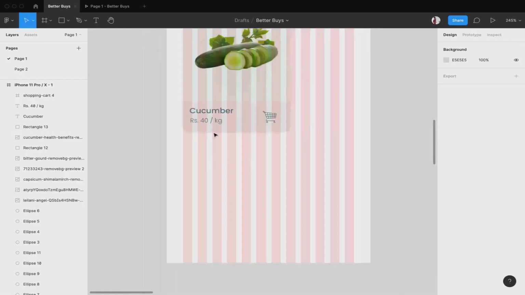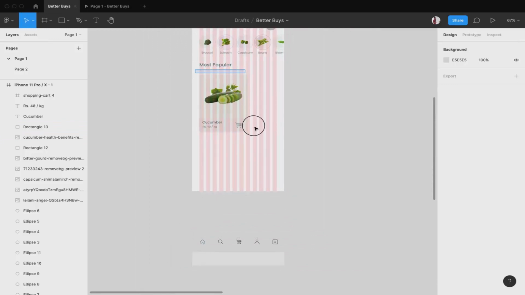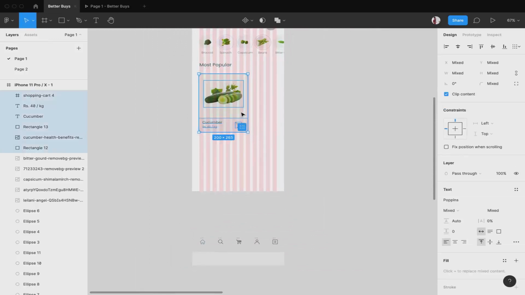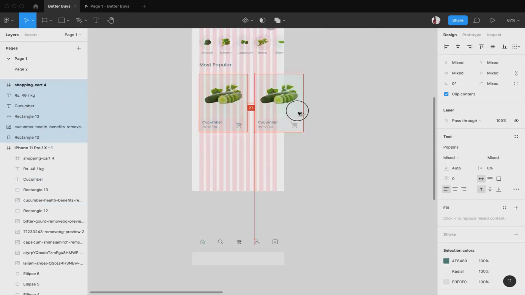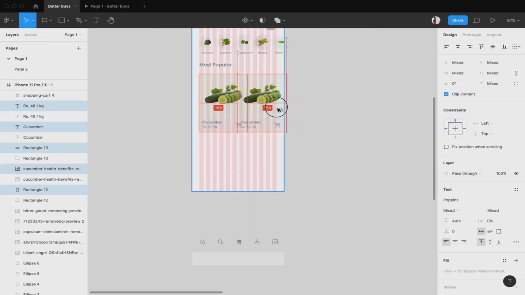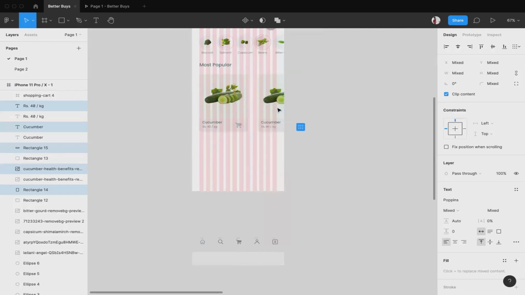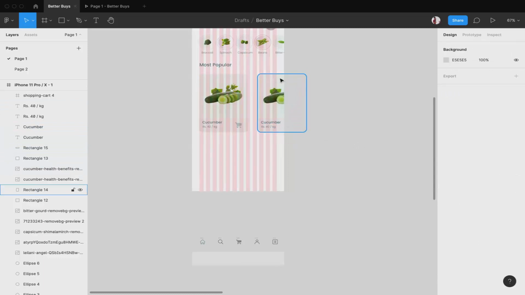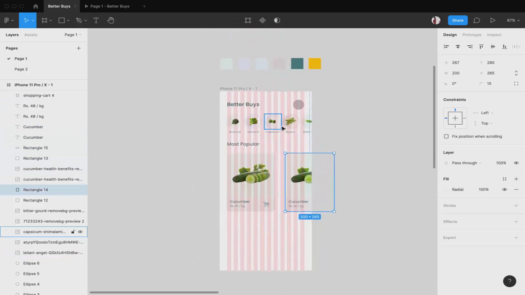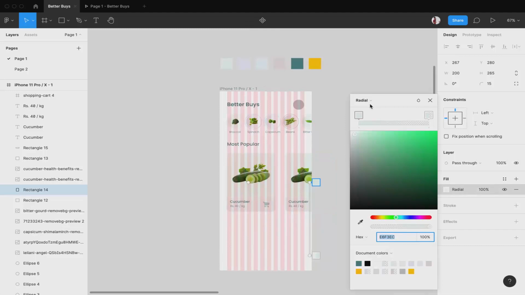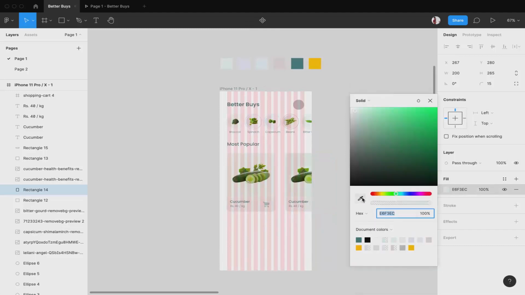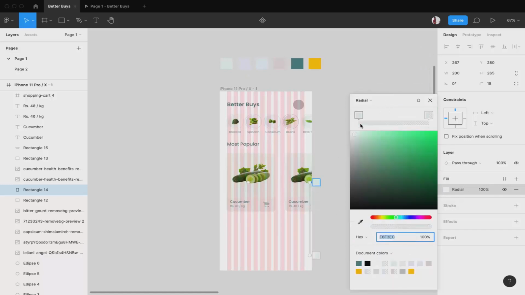This seems fine. Now I'll select the entire thing, shift option, create a new one. Now again it came out of the screen, so I'm gonna let it be inside and drag it. Okay, so this will be something like this. Now I'll change the color, as we have 4 different colors, so I'm gonna make it back to solid, and the color is gonna be this. Then again change it to radial, and sorry, so over here only I'll have to change it to this color. So this is done.